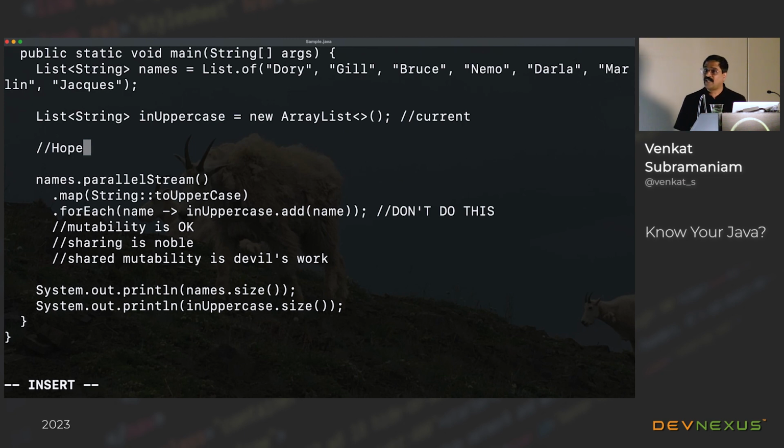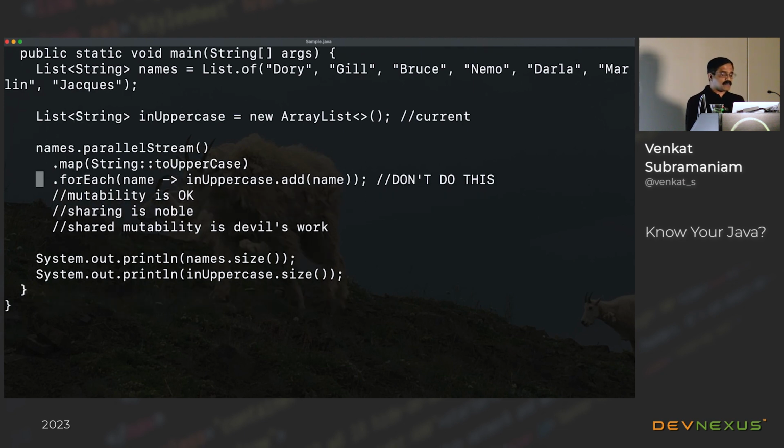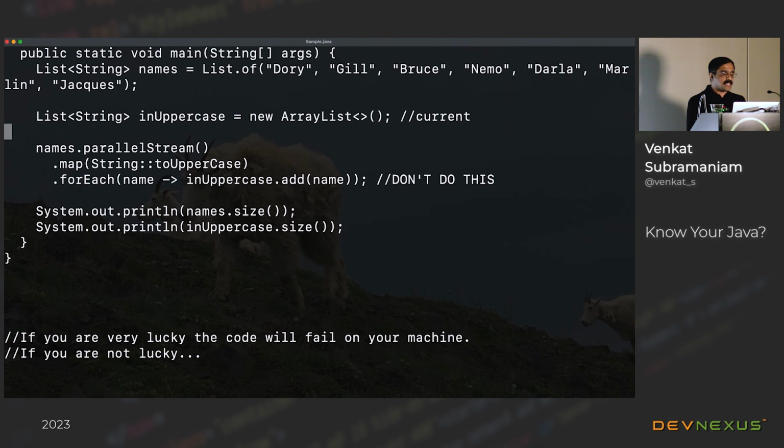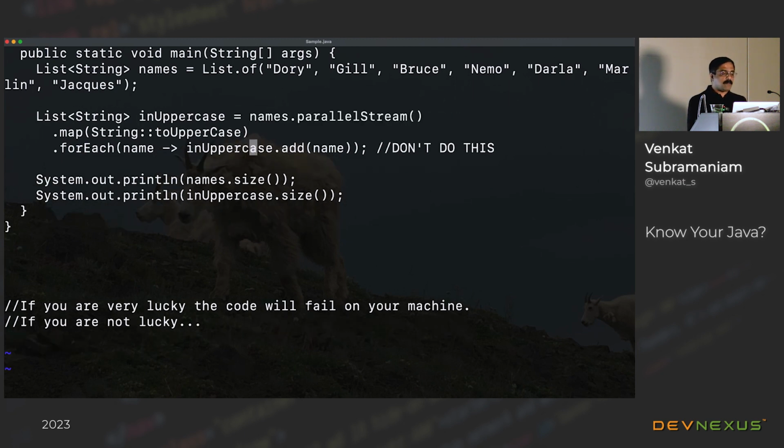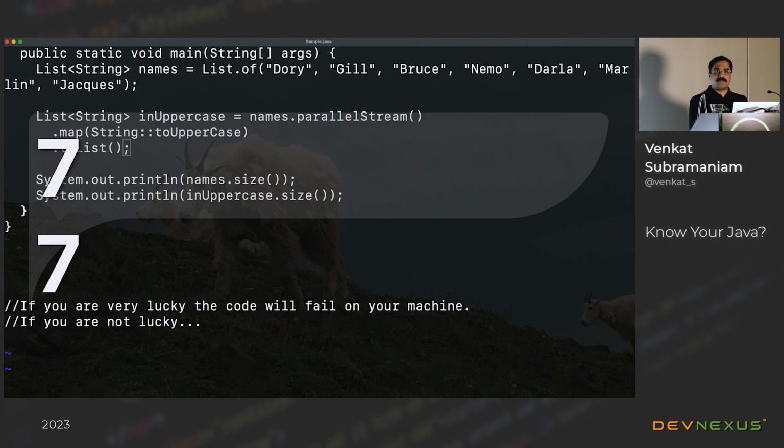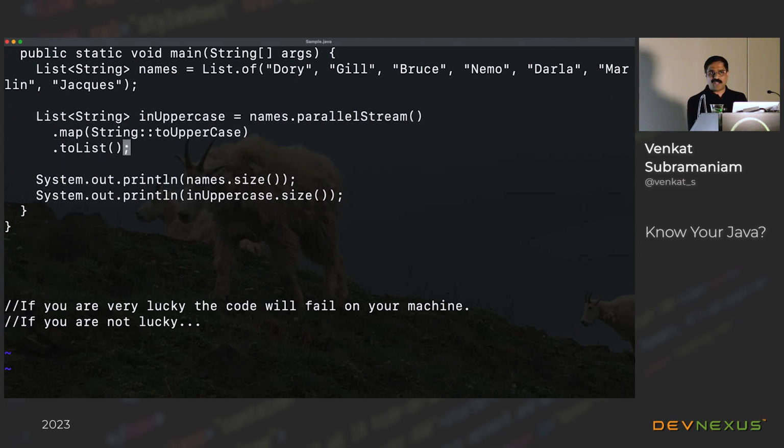Now you got more debugging to do as well. And the minute you start synchronizing, you never start smiling after that, right? Because every time you synchronize, it becomes harder to maintain it. Why bother? So the moral of the story is, this is a great example of what is called less is more. So what you really want to do here is to simply go back to this code and say, no, I'm not going to do that. I'm going to simply call the toList over here and be done. And now you have a guarantee of thread safety.